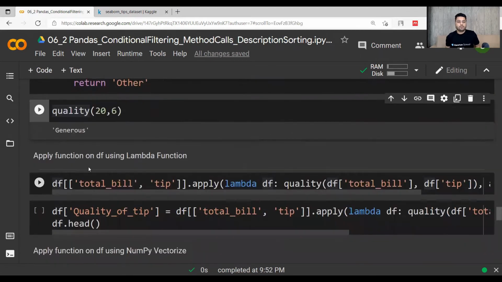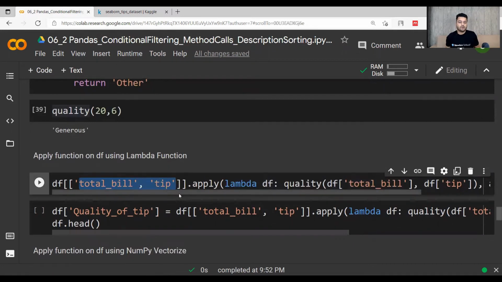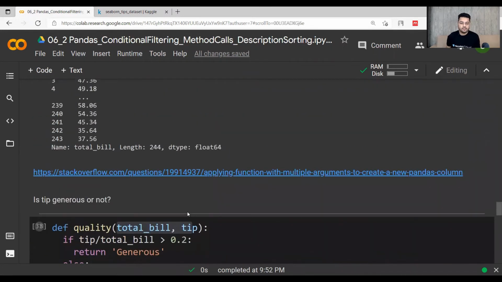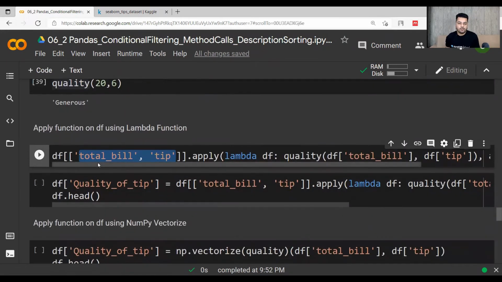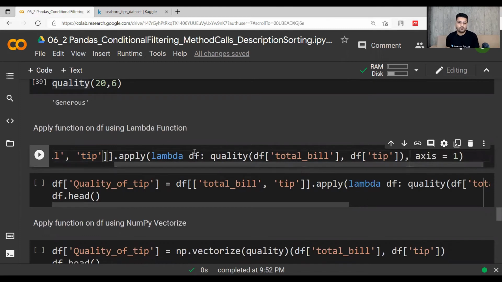Now if you want to apply the lambda function over your total bill as well as tip, because we want to discuss this multiple argument thing, we have two arguments here, total bill and tip. You want to apply the lambda function over these two columns, and you want to get the filtering done, so within the quality function you are passing these two values, and every time the two values will be given, it will be done through axis equal to 1.